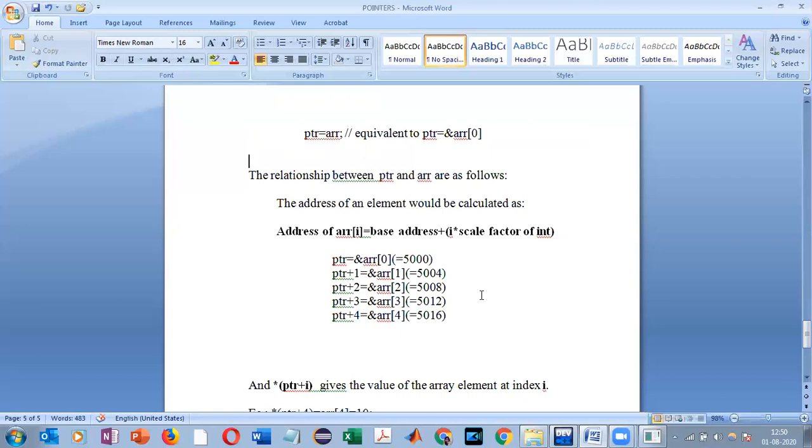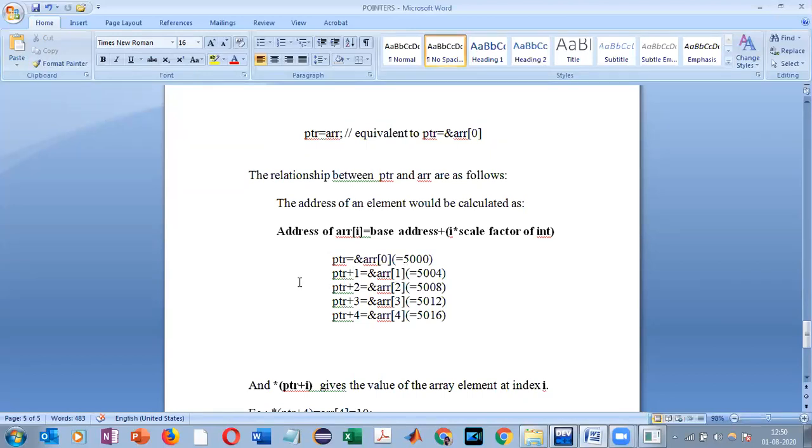So PTR plus 1 is going to contain ampersand of ARR of 1, or the address at which ARR of 1 is stored. So do not be misguided as if PTR plus 1 is nothing but 5000 plus 1, 5001. No. PTR plus 1 is going to point to the address where the next array element is stored.